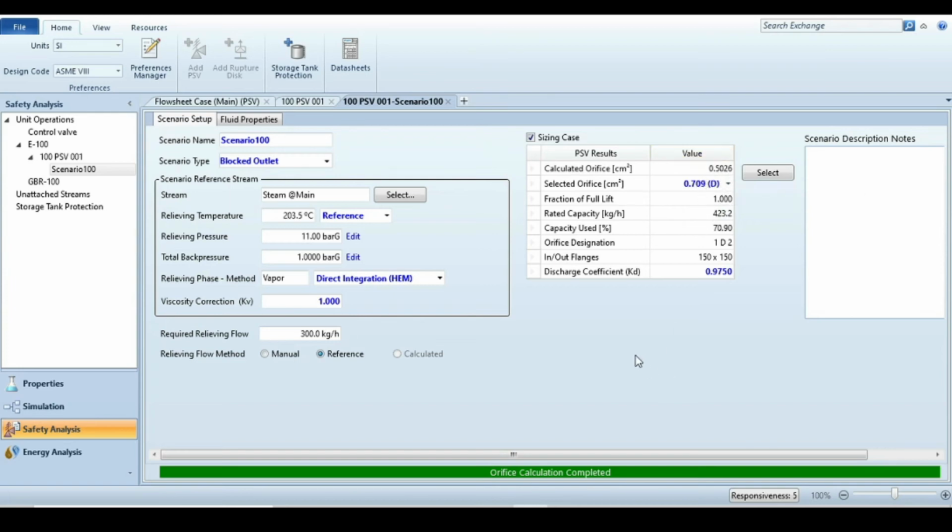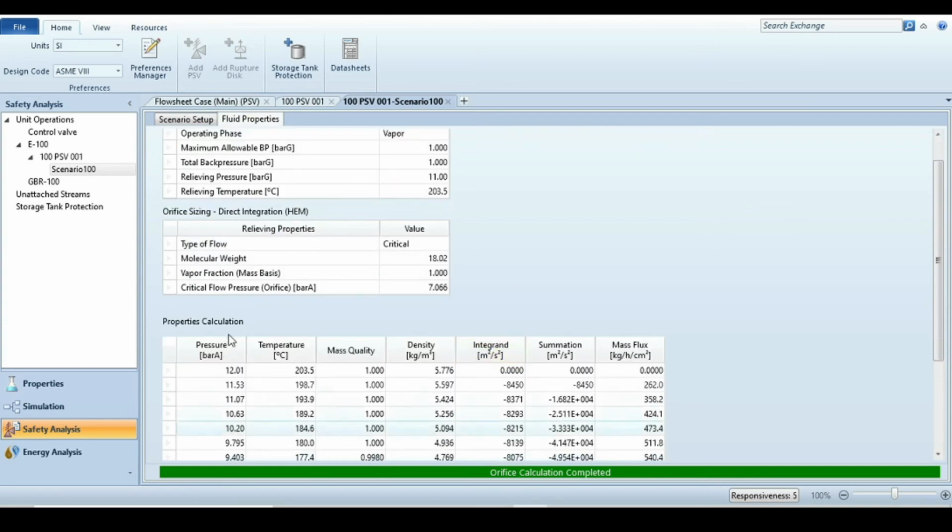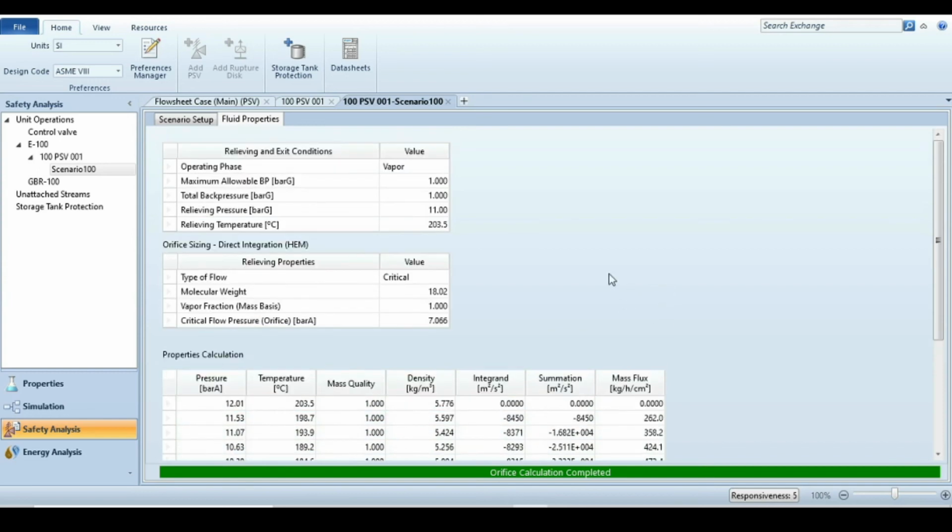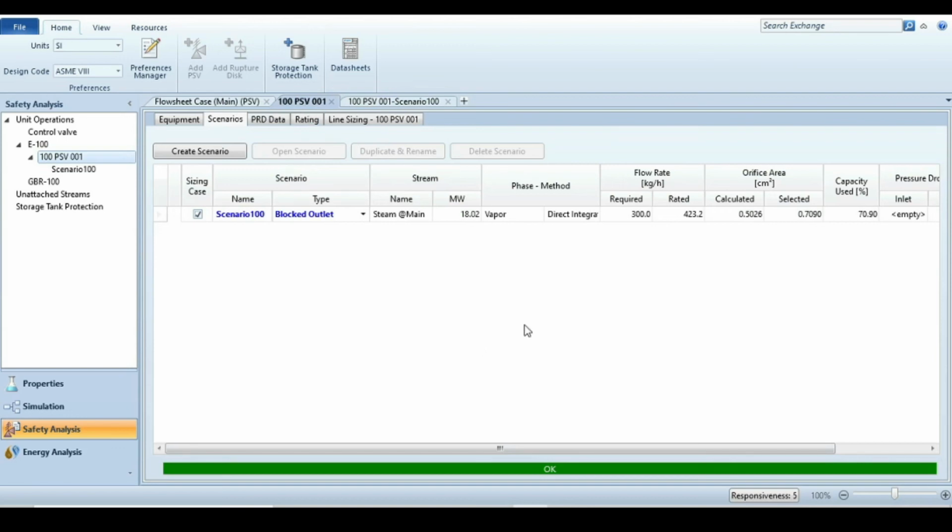Okay, so after that, go to again here, you can see the fluid properties. So when the pressure is going to change, how the temperature will change, what will be the mass flux at different pressures. Okay, so you can just analyze and see whether it is fit for your case or not. Okay, so just go back to the